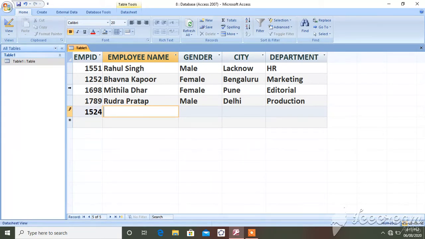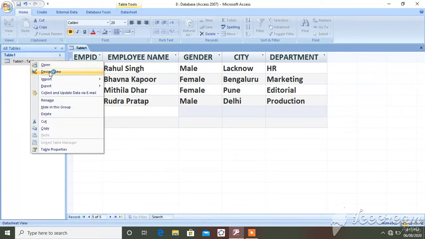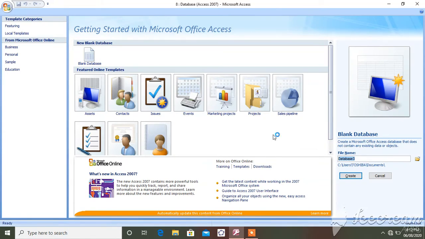And the second one is the design view. If you click on this table, you can see this design view. In this view, you need to create a structure for the table. You can do this by creating fields and defining their data types. Design view is used to design the table, means how many columns will be there, and in that column what type of data you will enter. Everything will get decided in the design view. So students, let's see how to create a table in design view first.